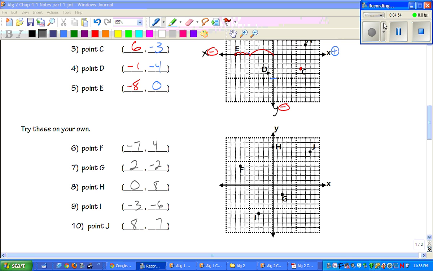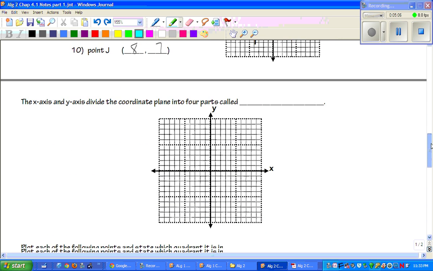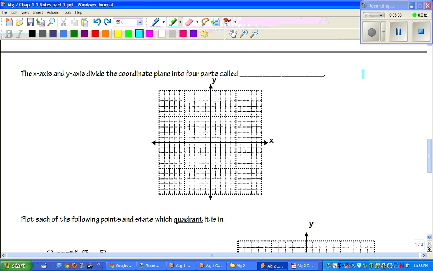All right, how'd you guys do? Just remember that point H right here, you did not go left or right, so that's why that first number is 0. All right, let's go ahead and flip it over. Now, if you notice that the x and y axis, those kind of put everything into 4 parts. Those 4 parts are called